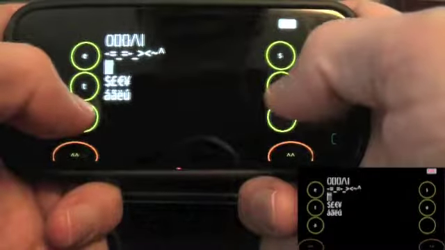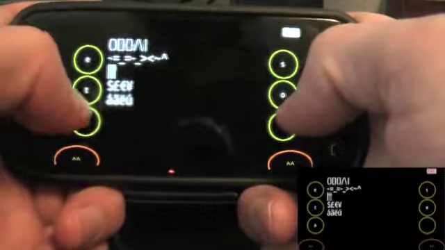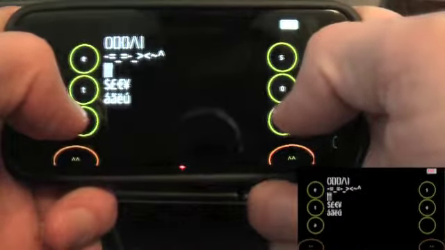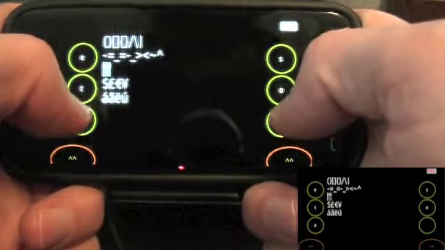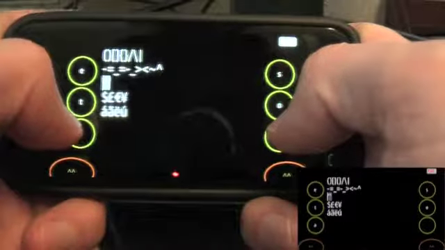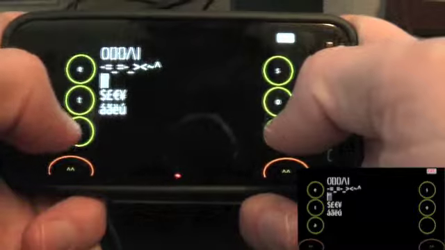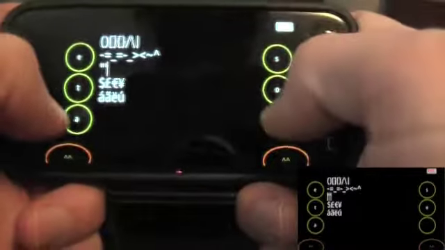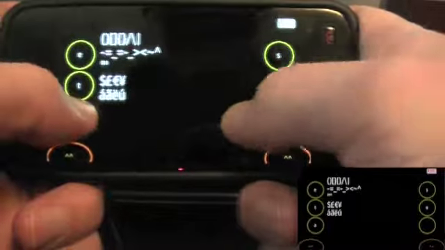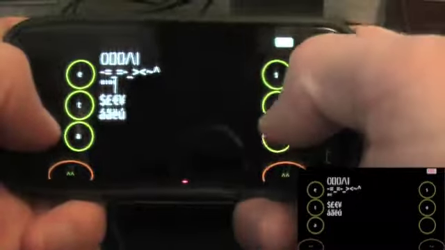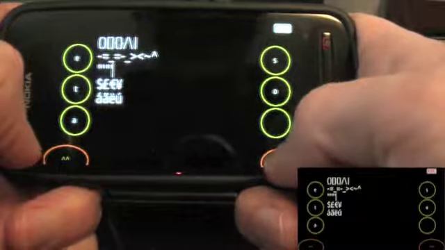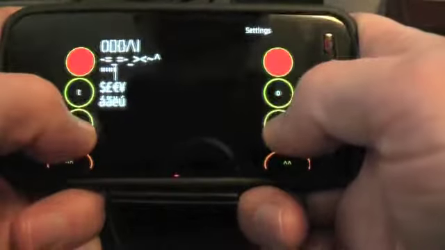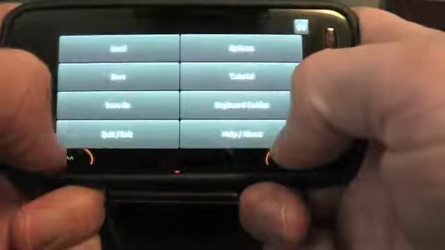We can do cut, copy and paste just by entering the C, P or X or V that you'd use for conventional cut, copy and paste, except the C is actually on the P key, so that's P to copy, and then we can paste that in just by doing the V. And exit edit mode simply by tapping either of the thumb pads. Exit the old program simply by pulling down the settings and